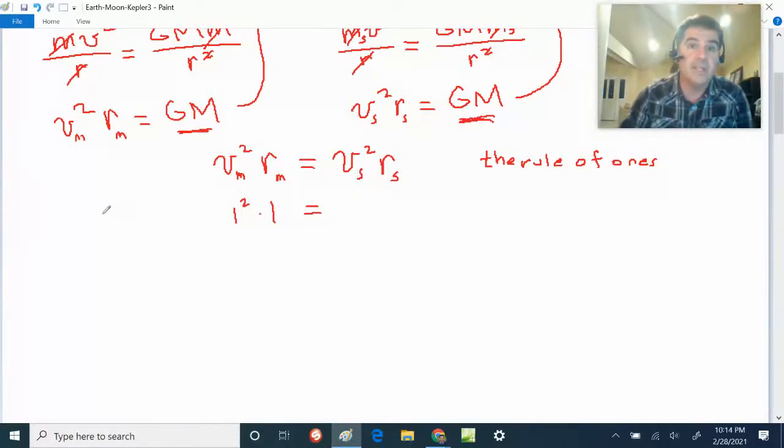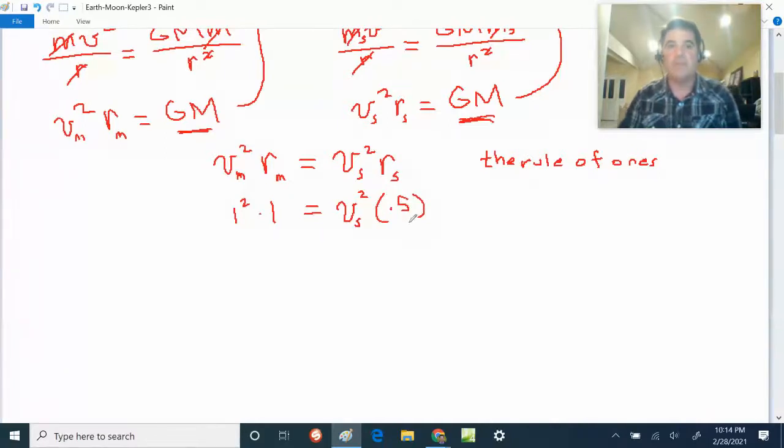Because what I'm asking is, what will the velocity be at this distance, right? So the new velocity is what I want to find. So that's the velocity of the space station. And this is r, but the r is now 0.5. Right? And so if I do this and I solve for v, I'm going to end up getting basically